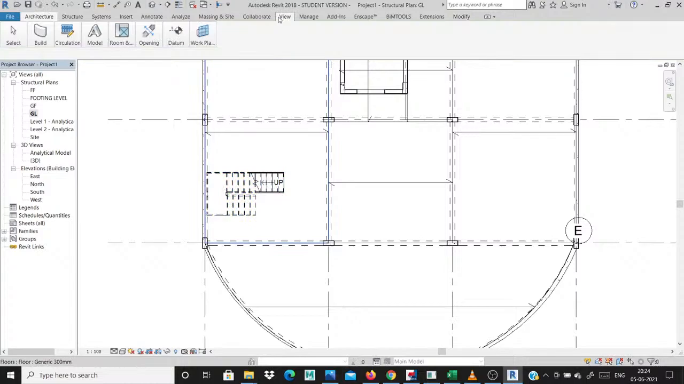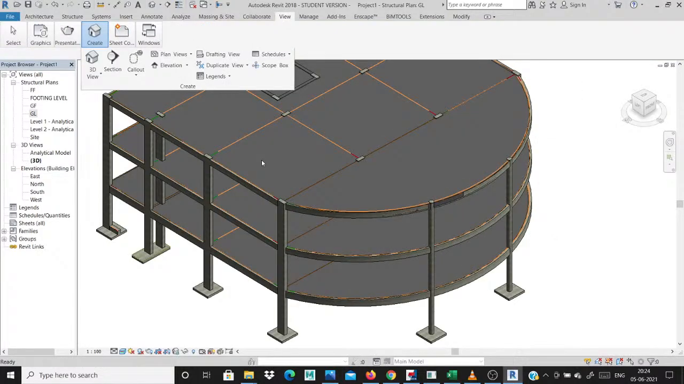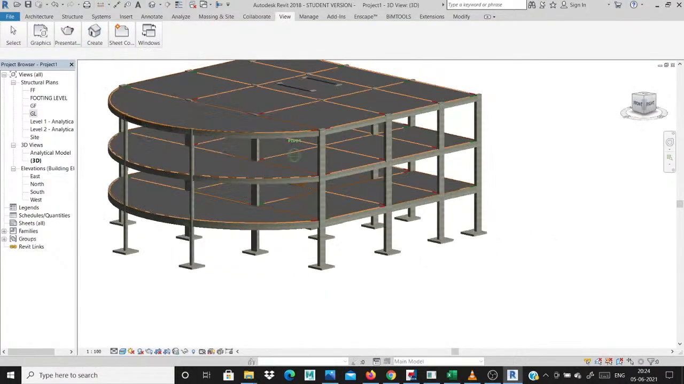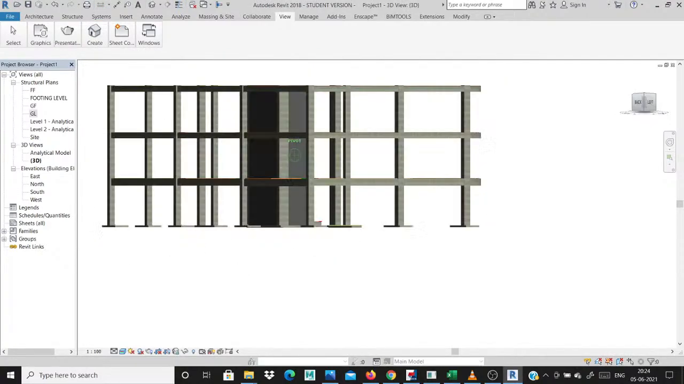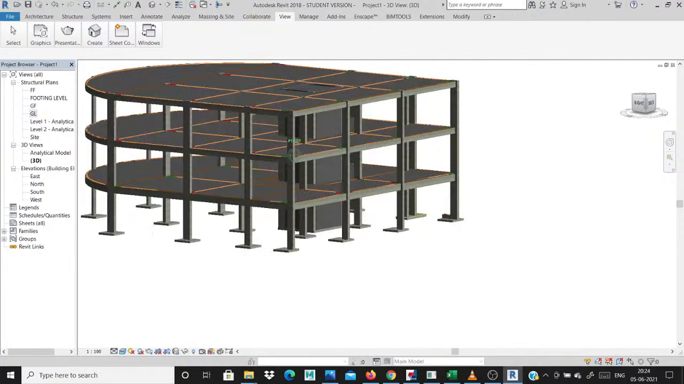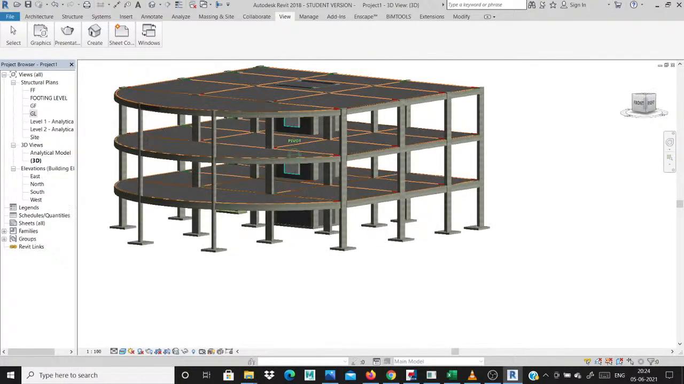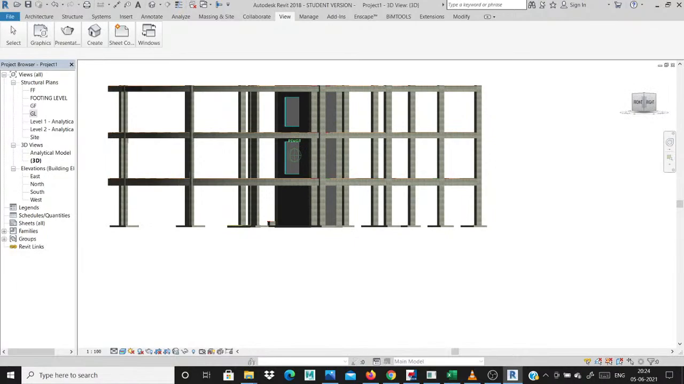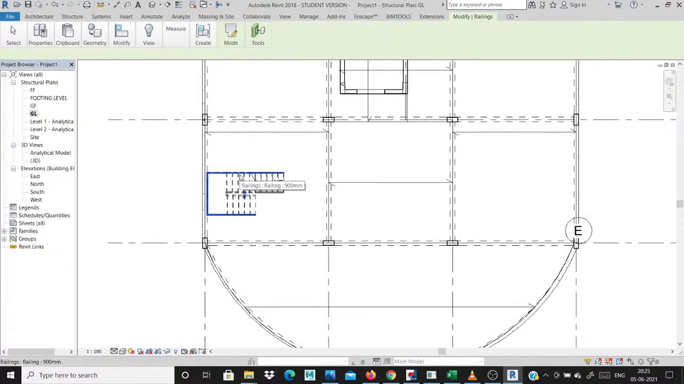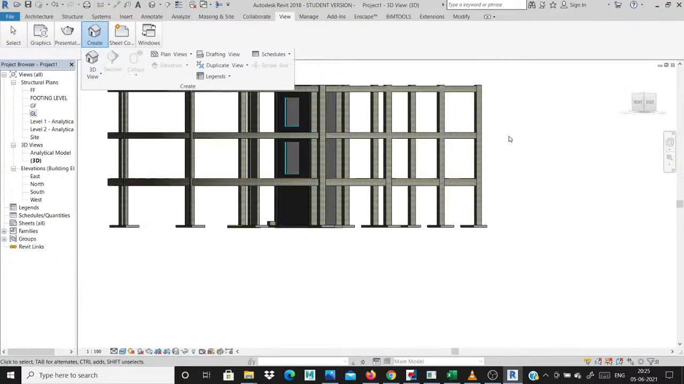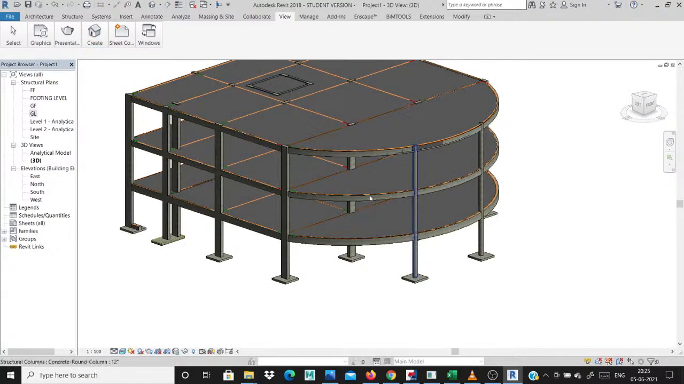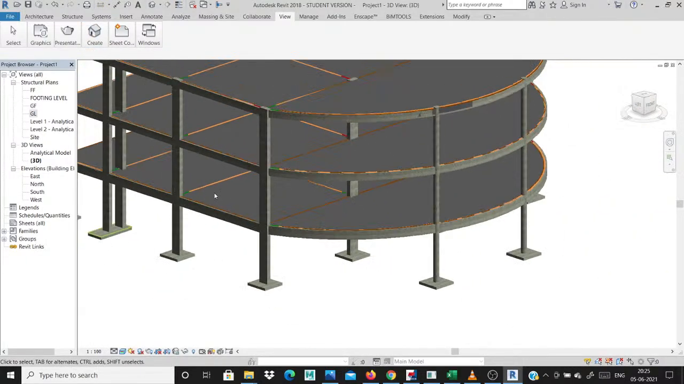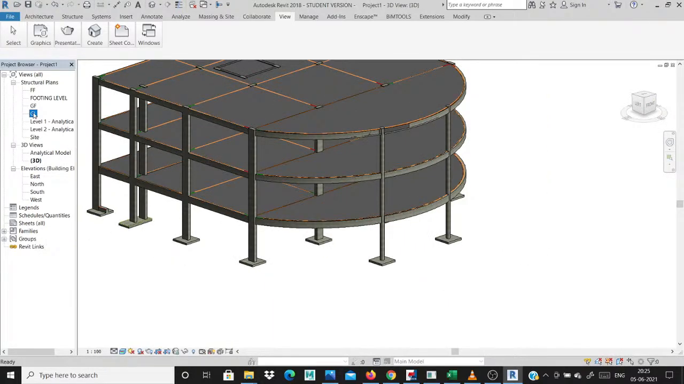Then go to view, create 3D. This automatically... The same procedure will create this staircase also. Same procedure, simply go to